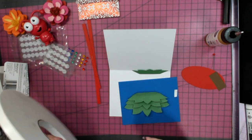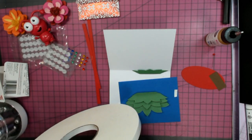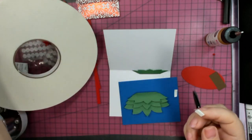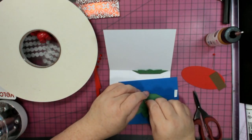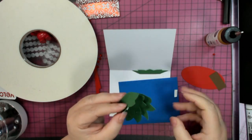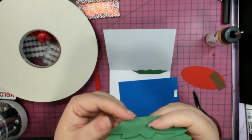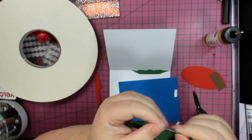Now, this looks fine without adding this, but when you put it in an envelope, it may smash down more. So I'm just using a tiny little piece. I'm going to stick it down here. And the reason I'm gluing it first before I'm putting this tape on is because